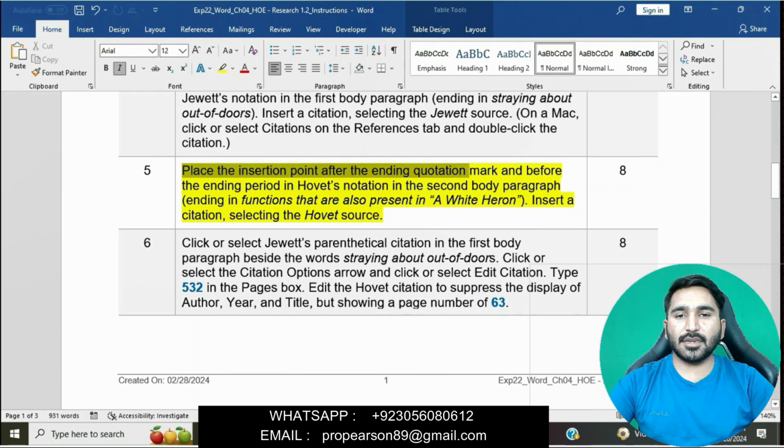Place the insertion point after the ending quotation mark and before the ending period in the Howitz notation in the second body paragraph.